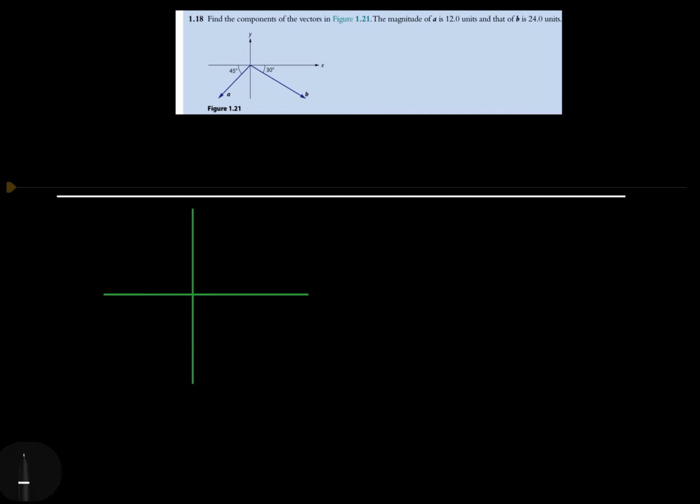So we have two vectors that are broken down. Basically, the question is asking us to break it down into the components of the vectors, and the magnitudes of A and B are given. So let's try this now. Vector A, so let's draw this out on the x and y axes. Vector A is in the third quadrant, where both the x values and y values are negative, and the angle at which it's being